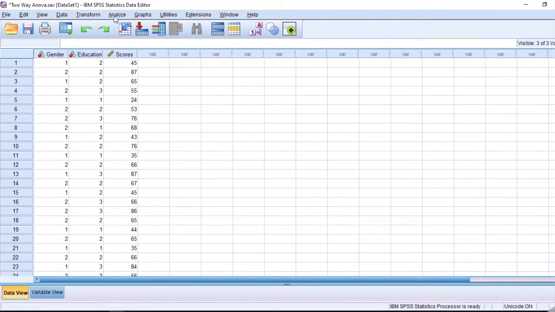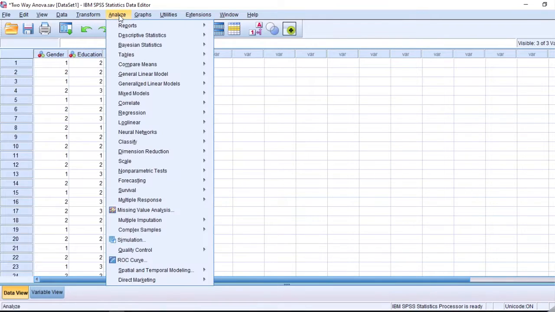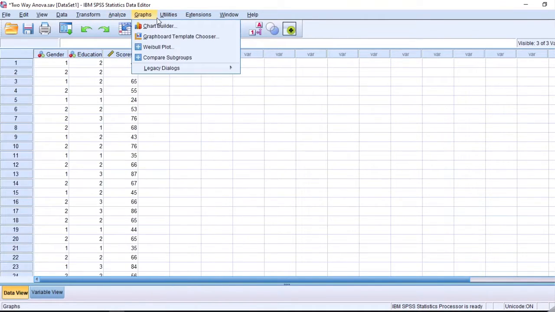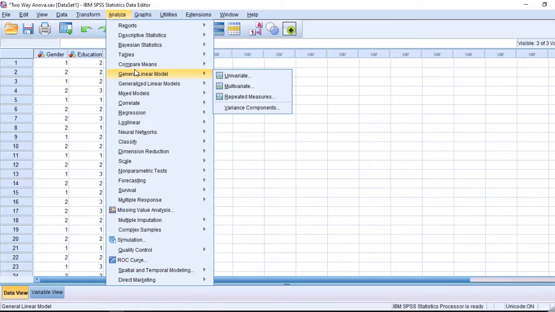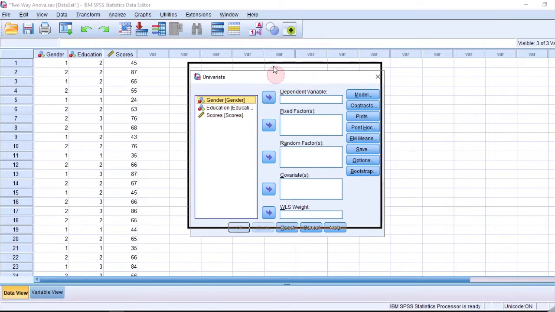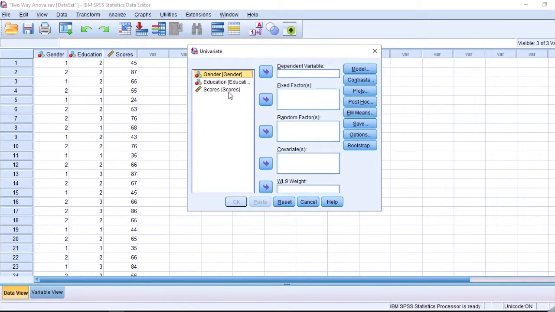So we will begin with analyze, find the general linear model, and then univariate. We move the scores into the dependent variable, and for gender we move to fixed factors, also education in fixed factors.